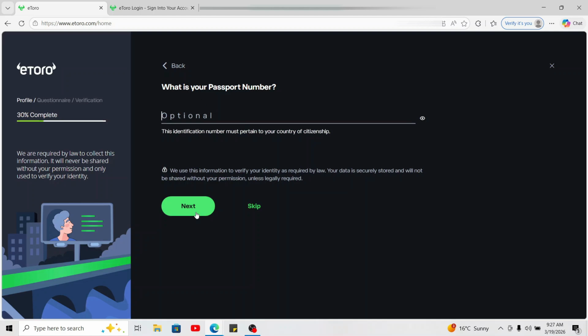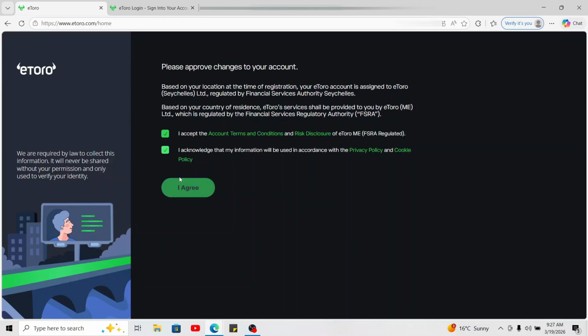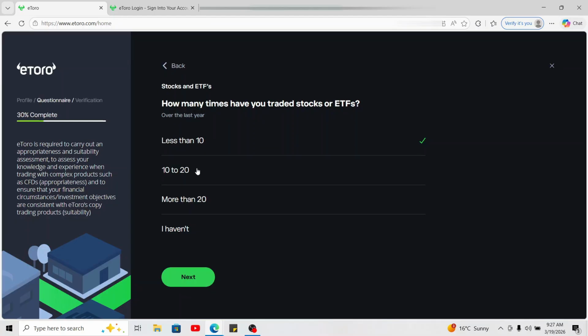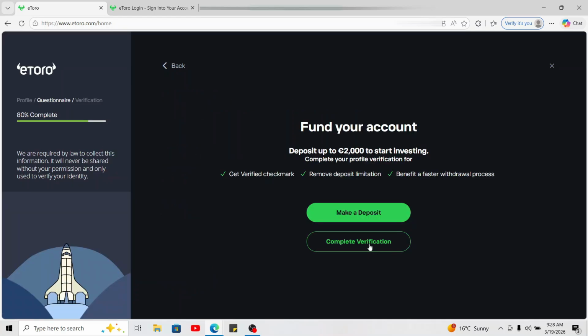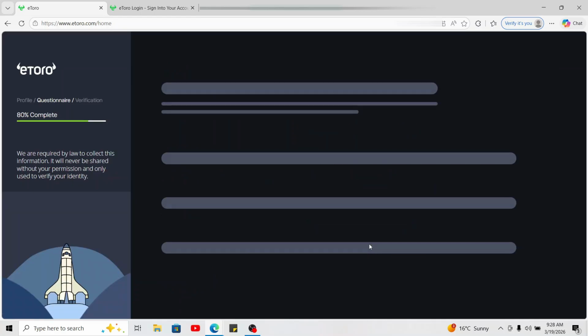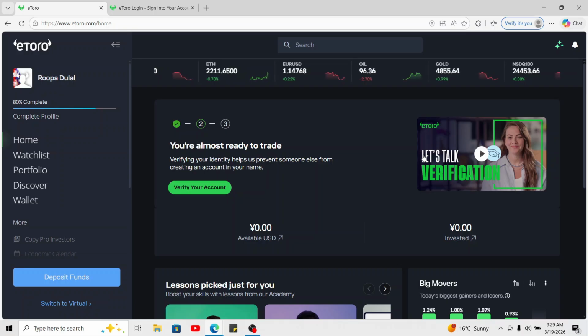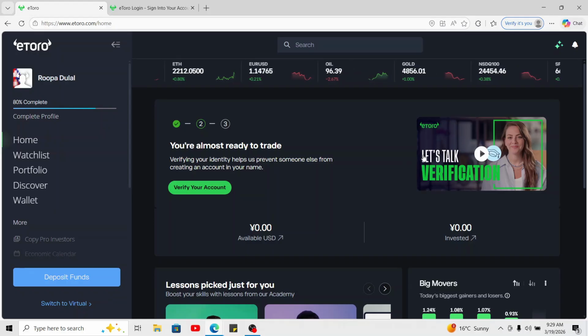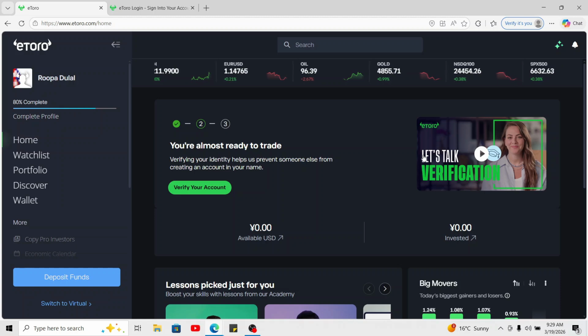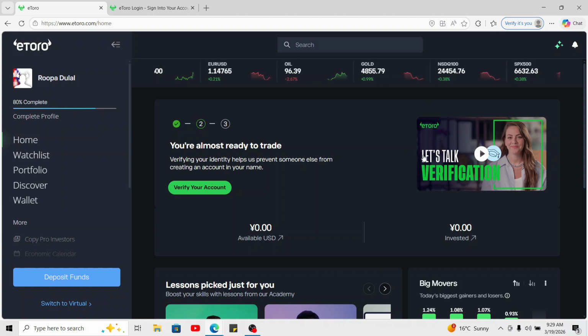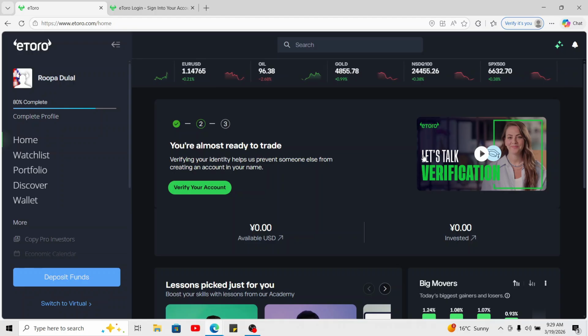Now click on next or skip this, and then agree to the terms and conditions and answer some of the questions. Now click on the complete verification button on the next page, and this is the real verification. Go ahead and enter your phone number, and then you'll need to go ahead and upload your identity proof document. You'll need to upload passport, national ID, or your driver's license, and then make sure the document is clear and valid. Upload it after following through the instructions, and once you do that, you will be able to complete your